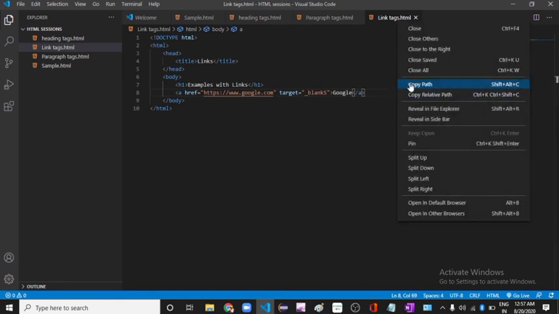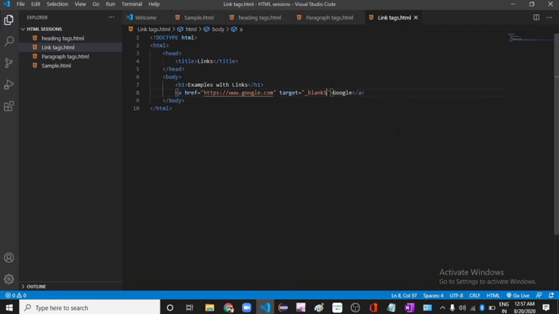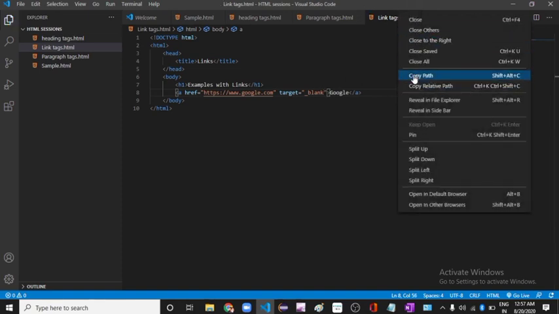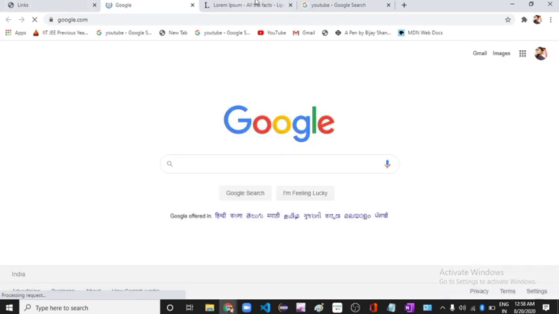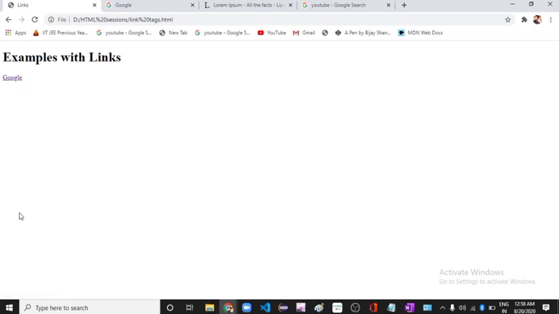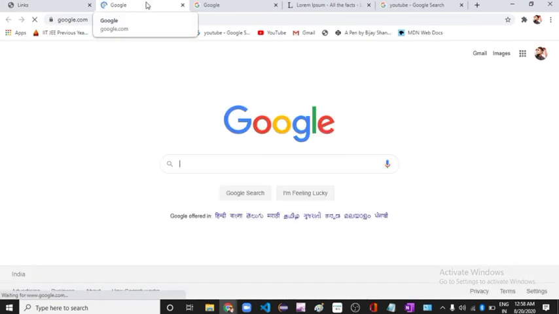Saving this application, copying the path, and moving here. Now if you click on Google, you are redirected to a new tab. Initially it was opening in this tab only; now it opens in another tab. So this is the underscore blank, which moves you to a new tab.